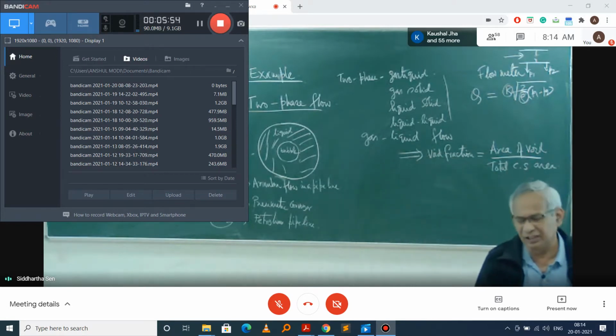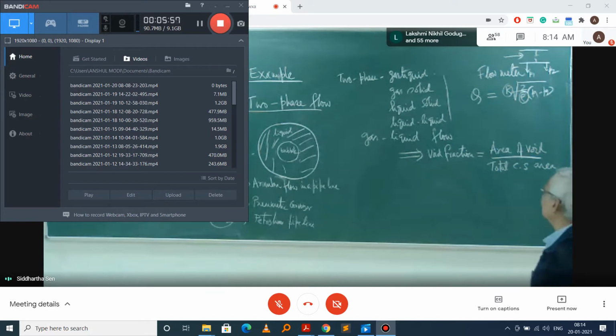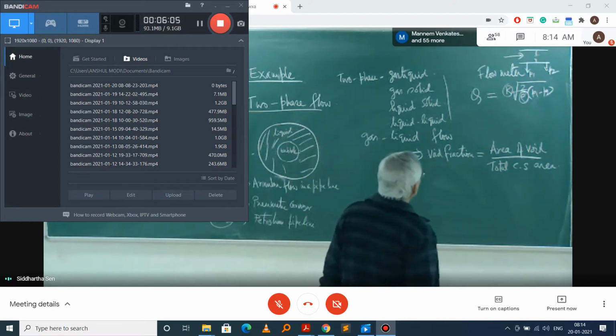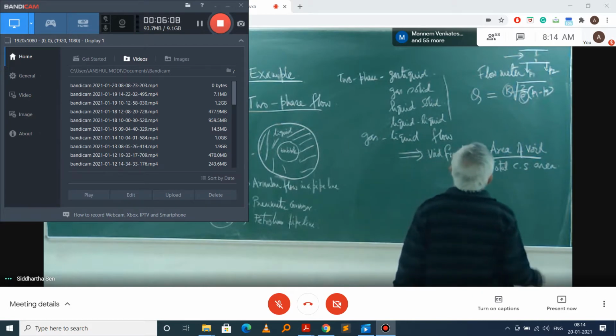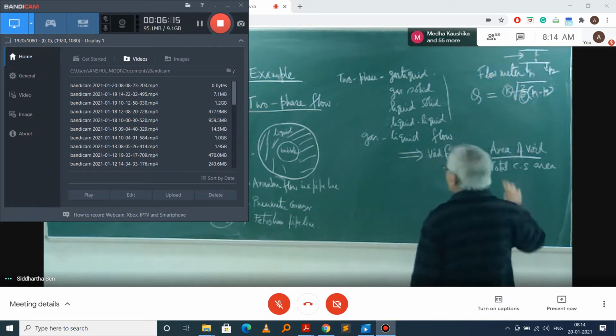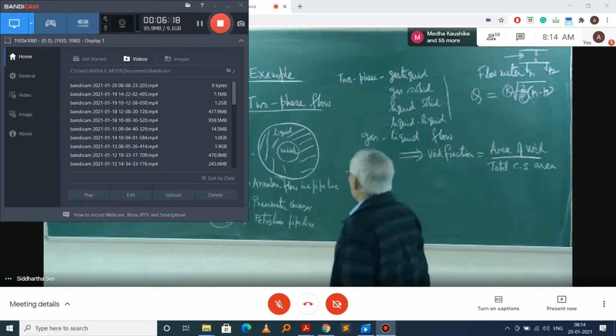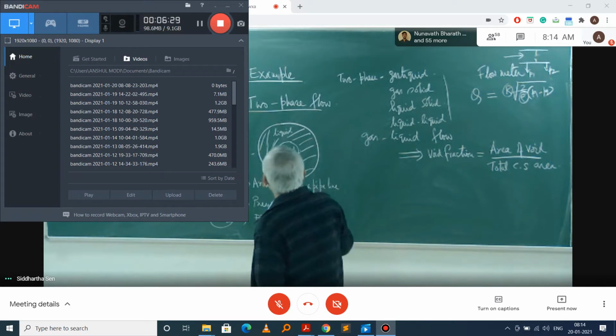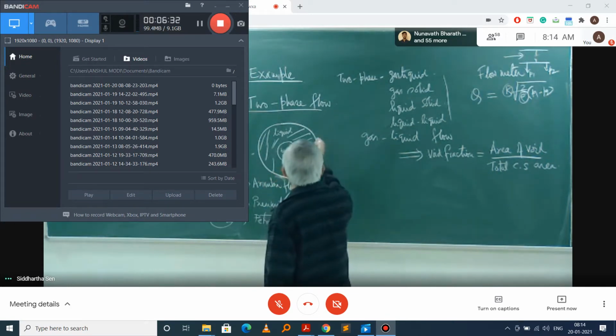It is rather undecided. It all depends upon the amount of area the bubble is occupying and the area the liquid is flowing. So naturally, we need to find out the void fraction, and accordingly we will have to put some correction factor if there is a void. So often for measuring the flow rate, we require to know the void fraction, and also this void creates a change in the heat transfer coefficient.